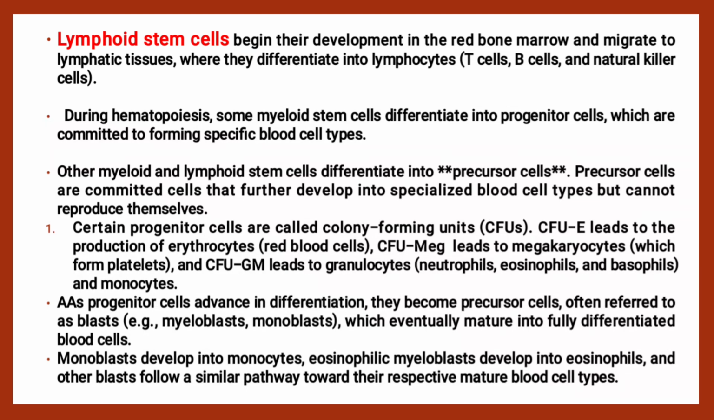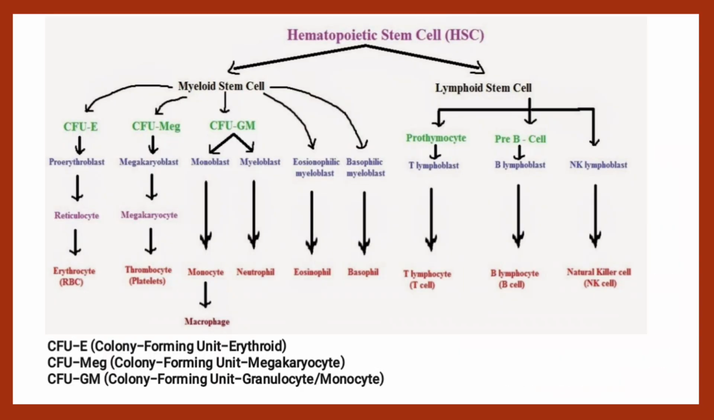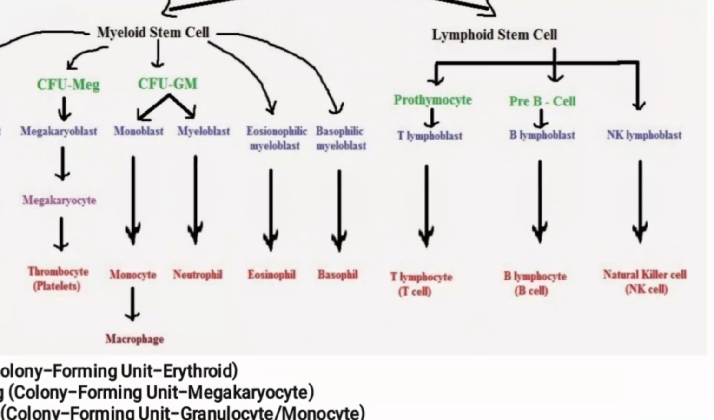As progenitor cells advance in differentiation, they become precursor cells, often referred to as blasts. For example, myeloblast, monoblast, which eventually mature into fully differentiated blood cells. Monoblasts develop into monocytes. Eosinophilic myeloblasts develop into eosinophils, and other blasts follow a similar pathway towards their respective mature blood cell types. So this is the hematopoietic stem cell, which is responsible for the formation of various other